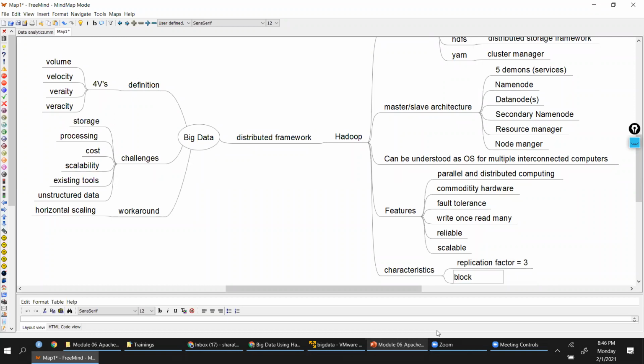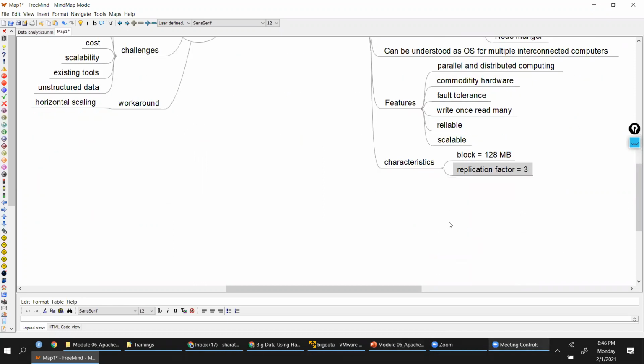So the block, it partitions the data basically. And when we talk about partitioning, each partition, each split is called as block. And this block standard is 128 MB. Right? The least minimum block size that we can go is 64 MB. Remember that. Okay, these are the important characteristics that we need to look at. Next.